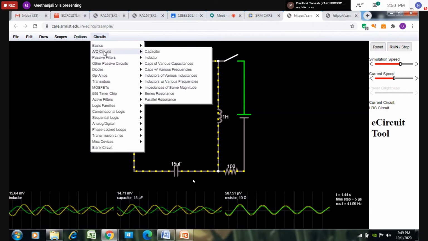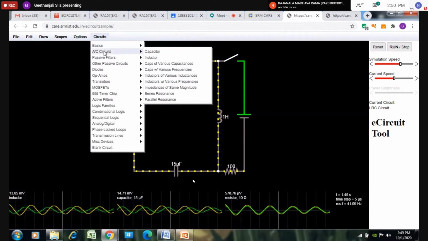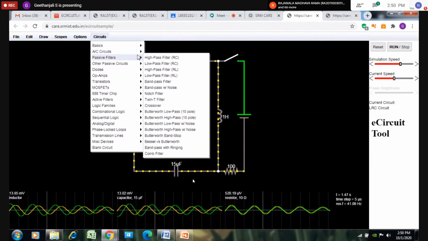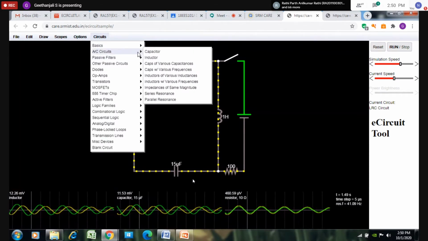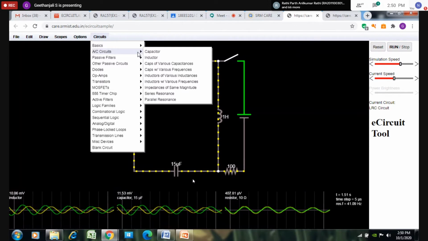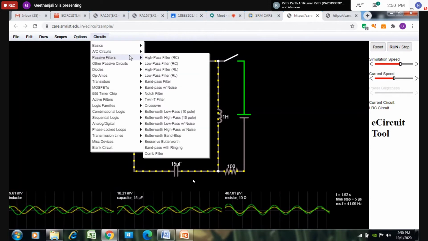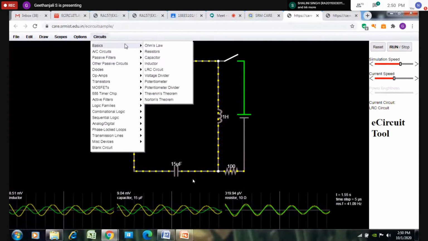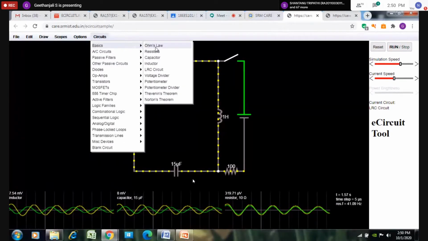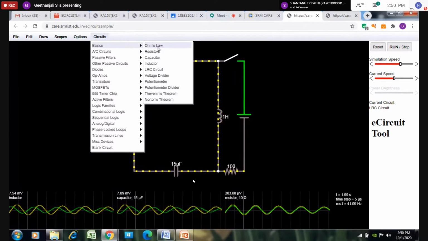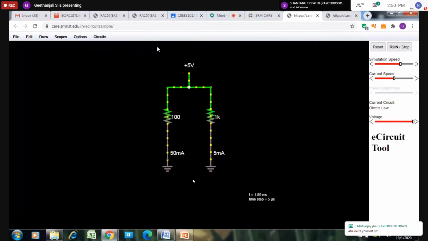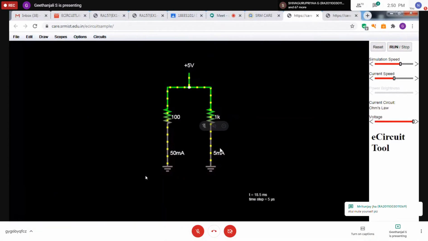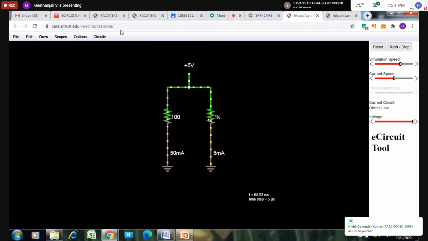Then AC circuit. What are the basic sample AC circuits available? You click on each and every button, you go through. Then only will you get the filter. Then this one. Ohm's law. The Ohm's law basics. What are the things available? Ohm's law you can see. They made the Ohm's law. All of you see. They simulated everything they have shown here. Right? It is running. You can get the values.